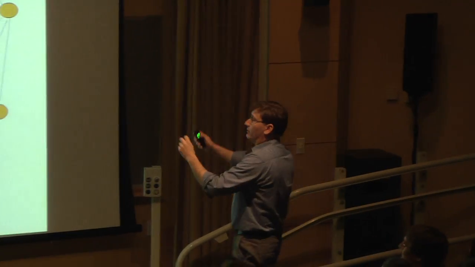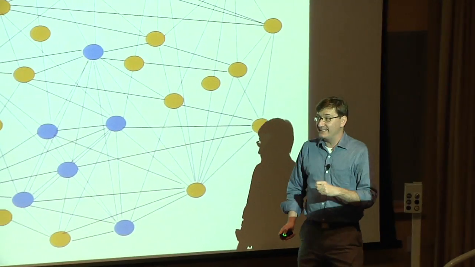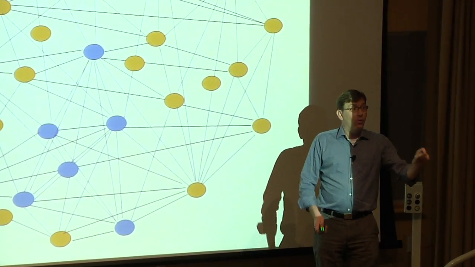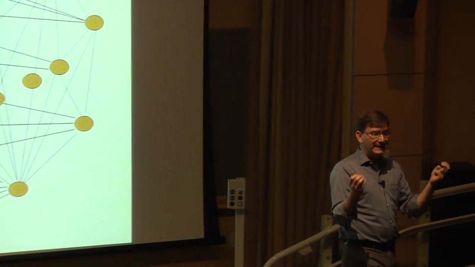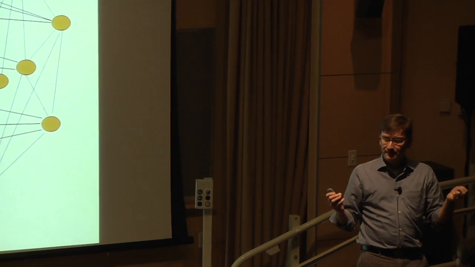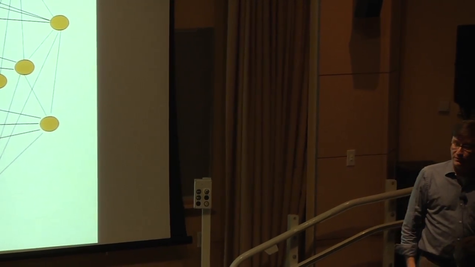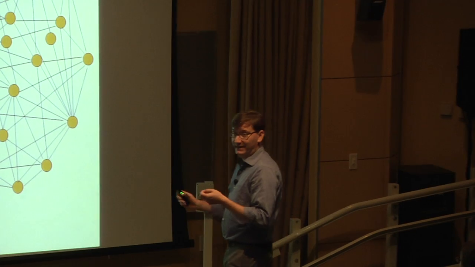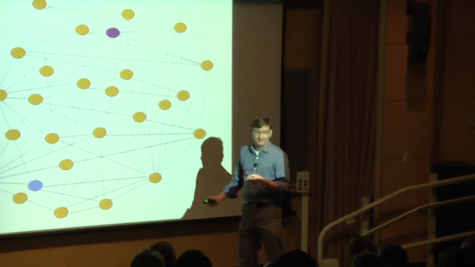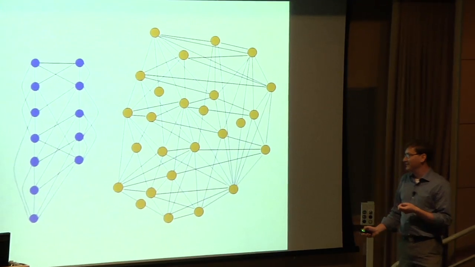Now, when I'm given a general graph, and I want to ask the question, what's the largest group of friends? What's the largest clique in the entire graph? It is also too difficult to do. In fact, if you could do it, you could solve this, you could solve this, and you could certainly solve this. But it's much worse than that.